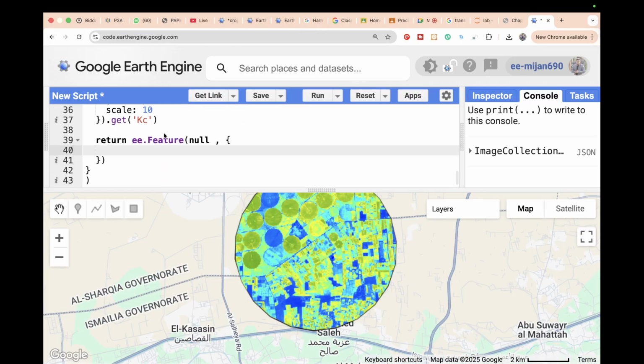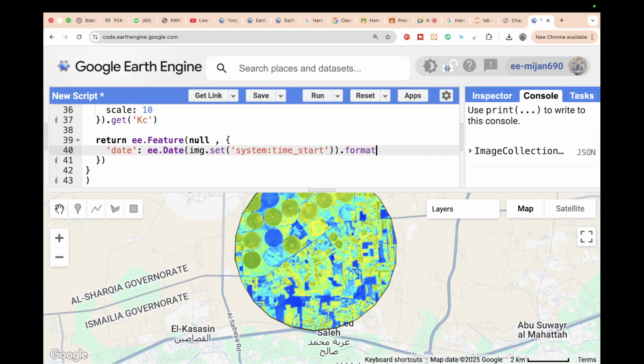So we put here date, ee.date, and this date comes from system time start. Just define system time start